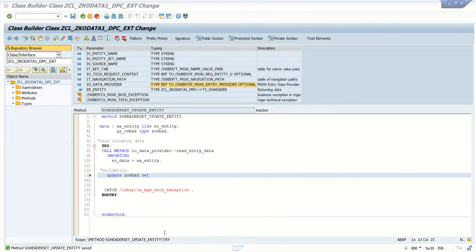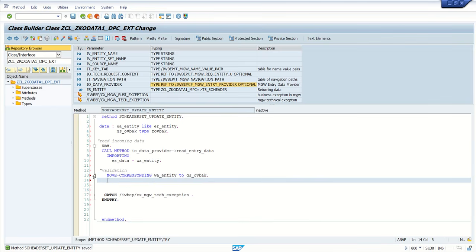Or the second option, we simply go with the modify statement. So here I'm simply adding move corresponding my work area underscore entity to gs underscore ovbak,